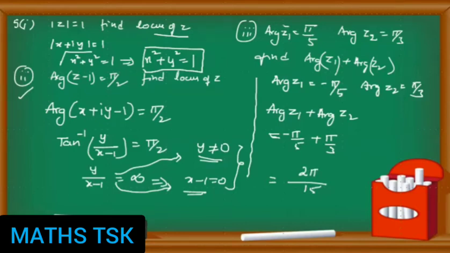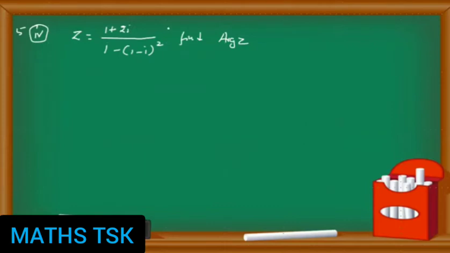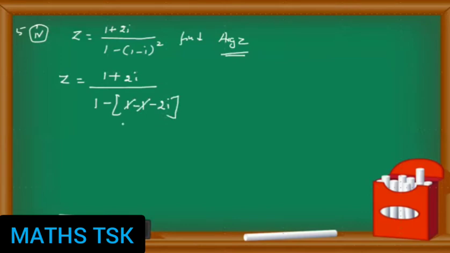Right. Next problem. z is equal to (1 plus 2i) by (1 minus i) whole square. Then what is the arg z value? First of all, I simplify z. This can be written as (1 plus 2i) by (1 minus i) whole square, which is a square plus b square minus 2ab: i square is minus 1, minus 2ab is 2i. The 1 gets cancelled, so there is (1 plus 2i) by (1 plus 2i). Very interesting, it both gets cancelled.